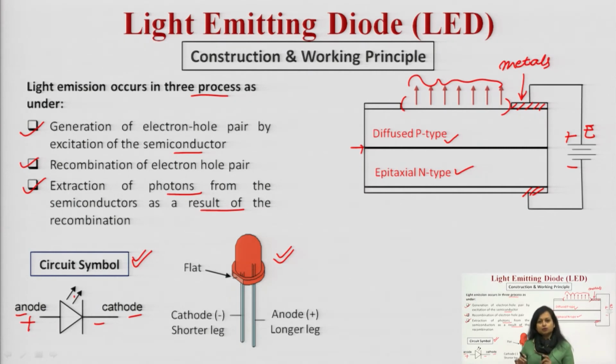So what you have to do, just analyze it. In most LEDs, there are different structures of LEDs as well. In most cases, you try to identify which is the longer leg and which is the shorter leg. You can see the shorter leg is the cathode. You are not going to read anything mentioned on the LED. No, just by observing the legs, the shorter one is the cathode and the longer one is the anode. So this is how you can identify which is the anode terminal and which is the cathode, and accordingly you can place it in the circuitries, right.